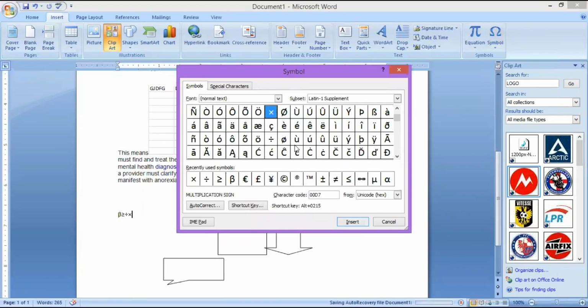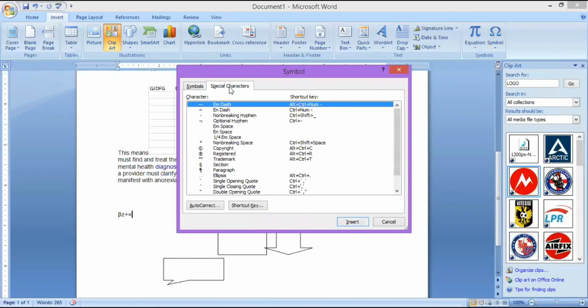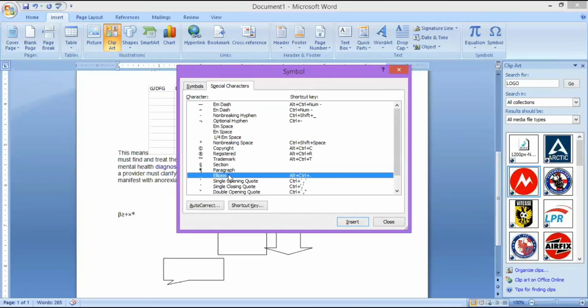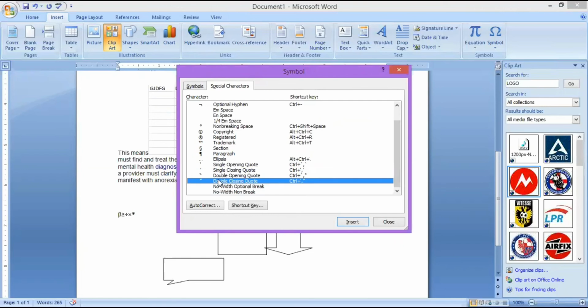See, look at this. You have this dialog box opened up, where you have the Symbols tab as well as the Special Characters tab. You can click on Special Characters and see. These are all the copyright, registered. These are all the things we may need when we are creating a business document. Quotation mark, all these things which you can use from here. Alternatively, these can also be inserted using the shortcut keys mentioned on the screen.